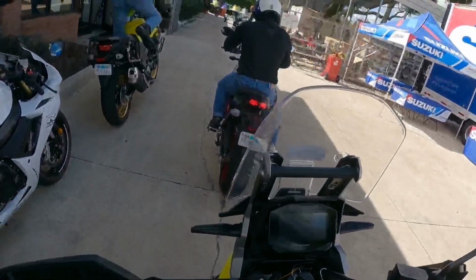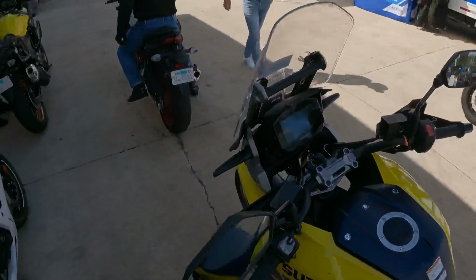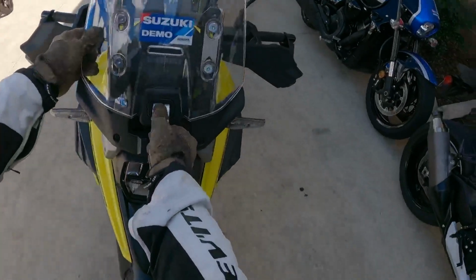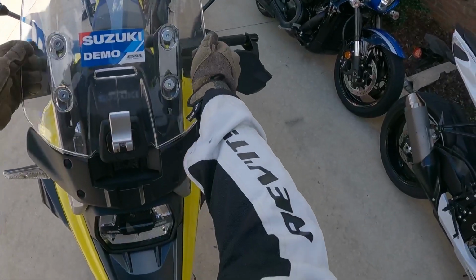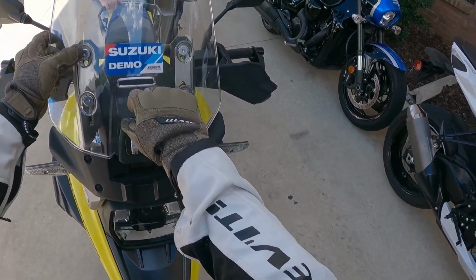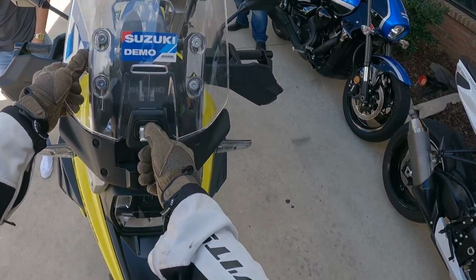Another thing that I failed to tell you is that this comes with a center stand, which you can see right here. That's going to make it a lot easier if you're doing maintenance, adjusting your chain or whatnot. This is one thing that doesn't make a lot of sense to me. If you're able to see here, you have to pull back. It lets you move your windshield up and down, so it makes it easier for you. But again, whoever came up with this design made a bad design. So all right guys,